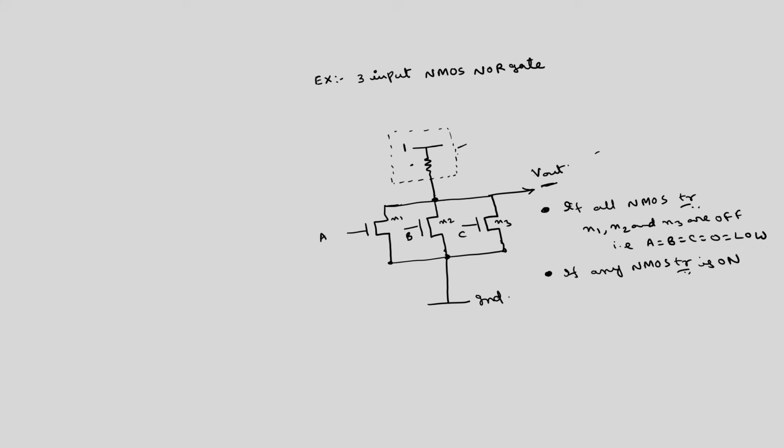so what will be the equivalent circuit? Let A is equal to on, B, C is equal to 0. Then what will be the equivalent circuit? This will be on, so this will have some resistance, this network will have some resistance, this is pull up resistance. So, the equivalent circuit will be, this is 1, this is pull up resistance, now this point here also will be having some resistance connected to ground, this is where you are taking the output.